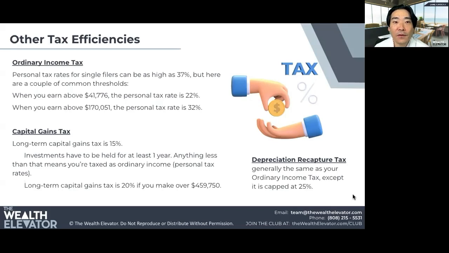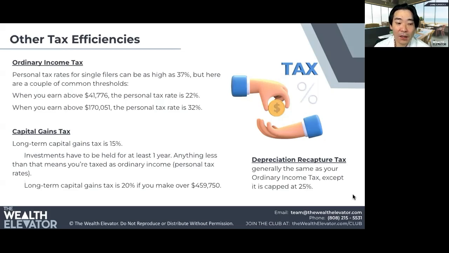Ordinary tax income is very high and you get hit up with these other taxes. Capital gains tax. So a lot of you folks are smart enough to be aware of when you've held on to things longer, there's usually two different sets of taxes on the capital gains portion. You've got long-term capital gains and shorter term capital gains, which are a little bit higher. These things kind of change over time based on who's in Congress, but generally these concepts are pretty ever present, even if the percentages change.